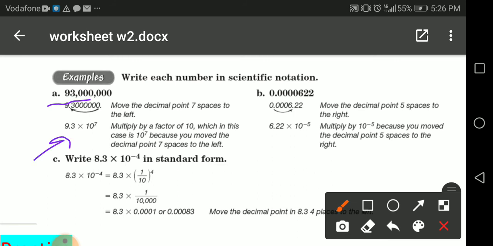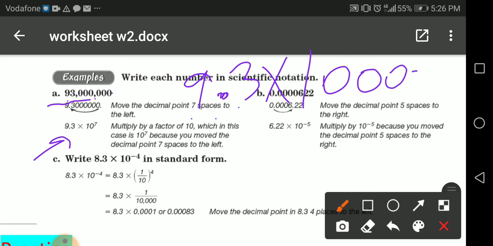Move the decimal point 7 spaces to the left. Why? Because I want something with a decimal point. So how many zeros do I have here, guys? 1, 2, 3, 4, 5, 6, and I will take just 1 for the decimal. So I want to move it to be 9.3, and I move it 7 decimal places. So I will put here how many zeros? 7 zeros. 1, 2, 3, 4, 5, 6, and 7, it means that 9.3 times 10